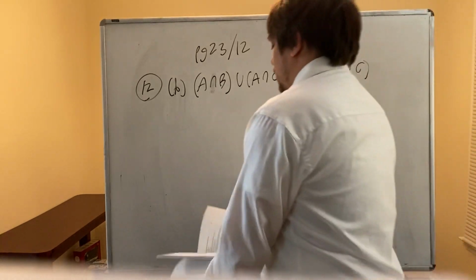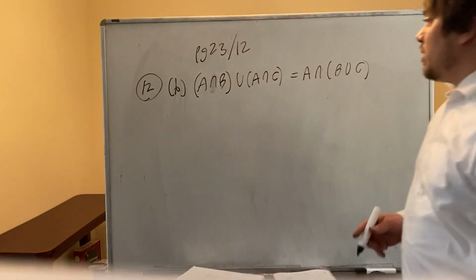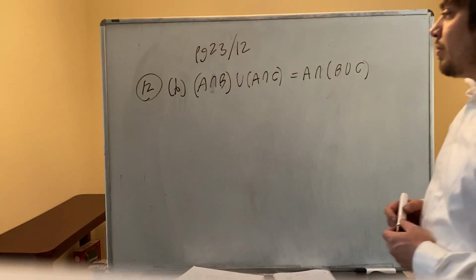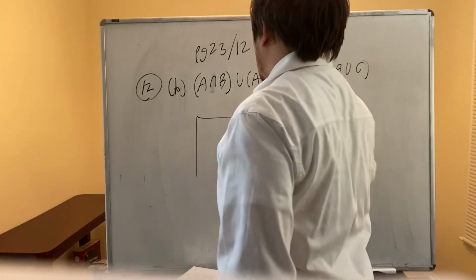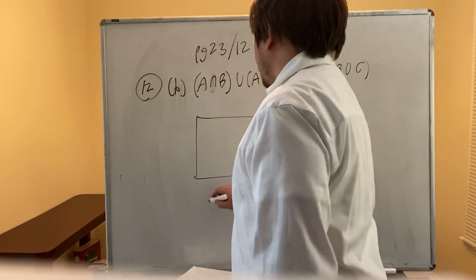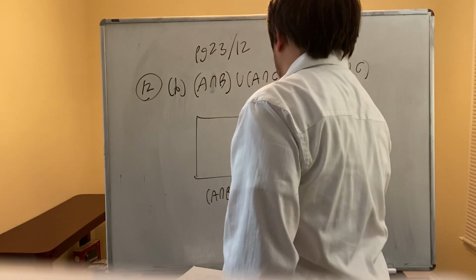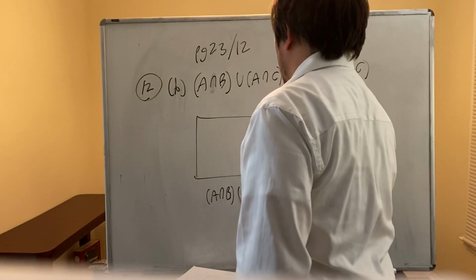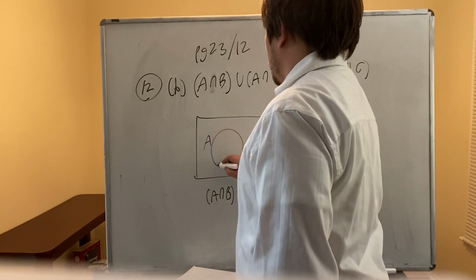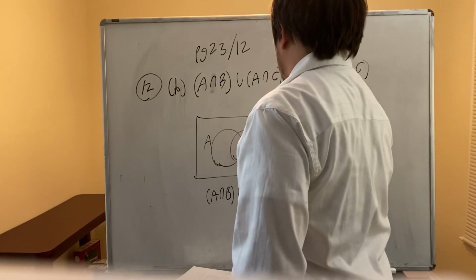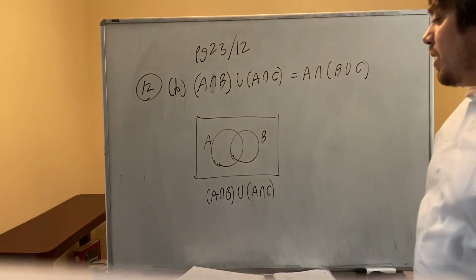So we're going to use Venn diagrams to verify this equality of sets. So if we draw the Venn diagram for A intersection B union A intersection C, then if we have set A here and we have set B here,